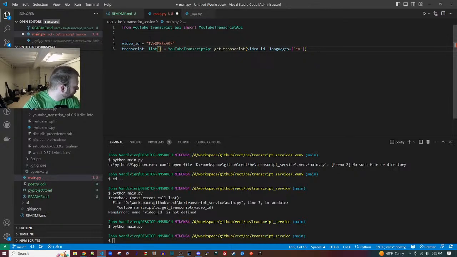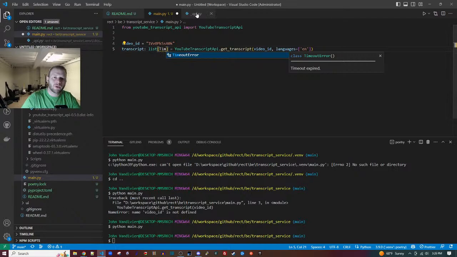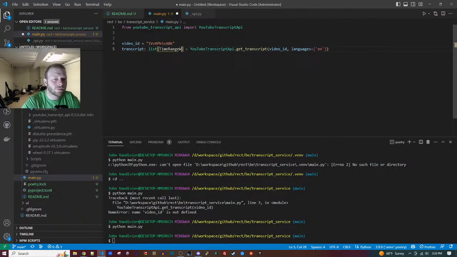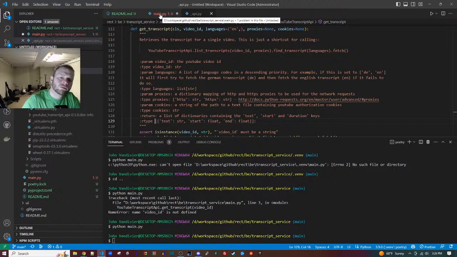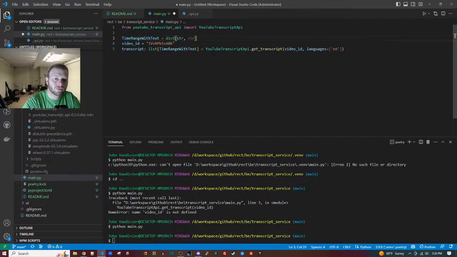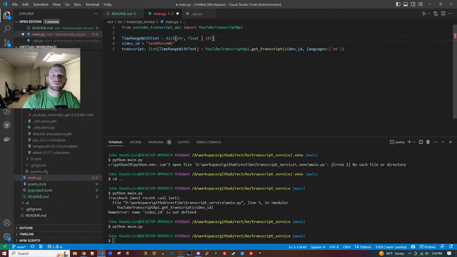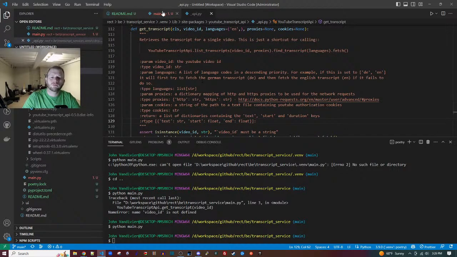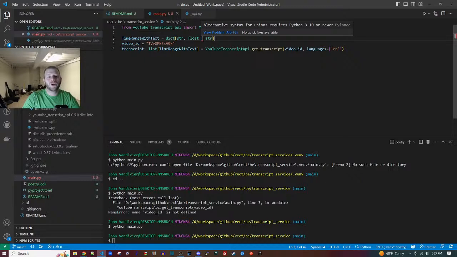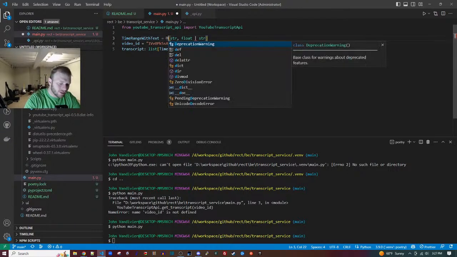List of time or text, time range with text. 3.10 or newer.